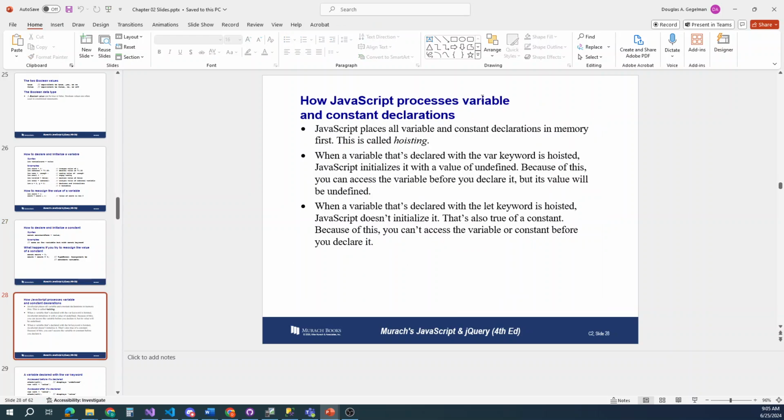How JavaScript processes variable and constant declarations. JavaScript places all variable and constant declarations in memory first. This is called hoisting. When a variable that's declared with the var keyword is hoisted, JavaScript initializes it with the value of undefined. Because of this, you can access the variable before you declare it, but its value will be